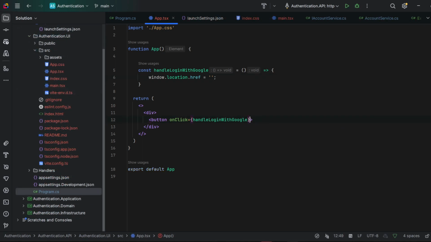Now we need to assign the name for this button in order to be able to see that in our frontend. So it will be "Sign in with Google". And now we have to fill in the last part in our implementation, so the URL for the get endpoint